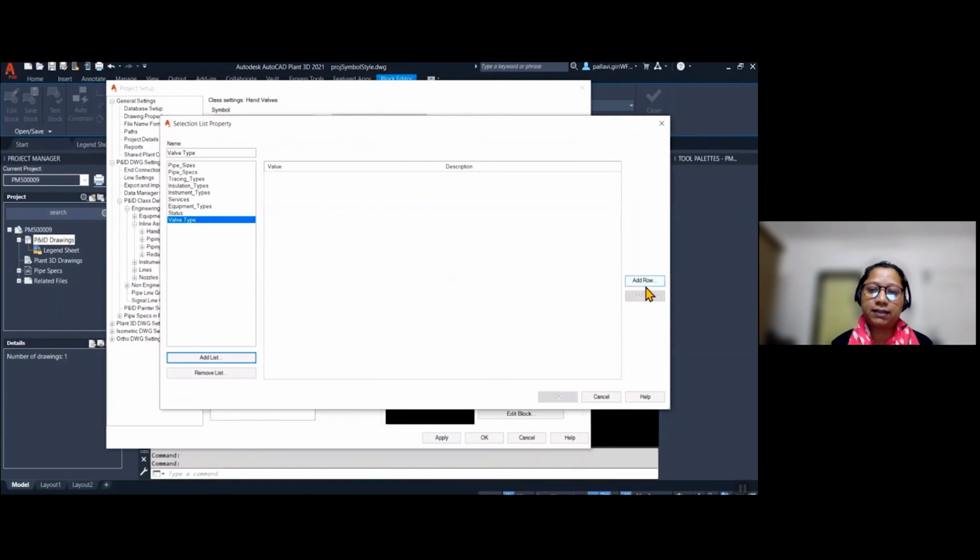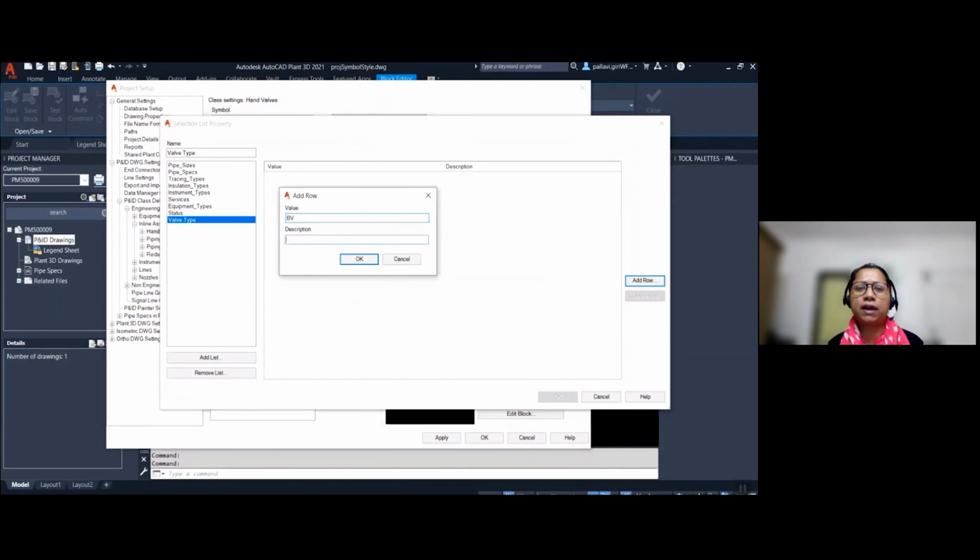So valve type will be my selection list, and I'm going to add a few values in it, like ball, and that value will be BV, butterfly valve, and the value will be BFV. So 5 values I'm going to add in the valve type. So this one is our pinch valve.